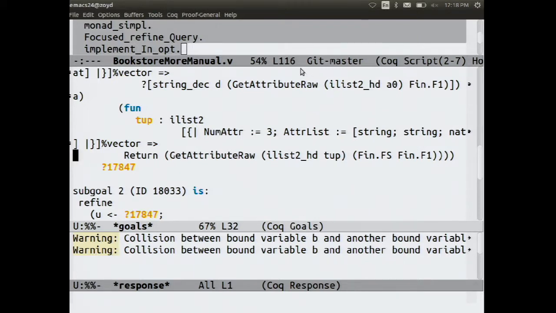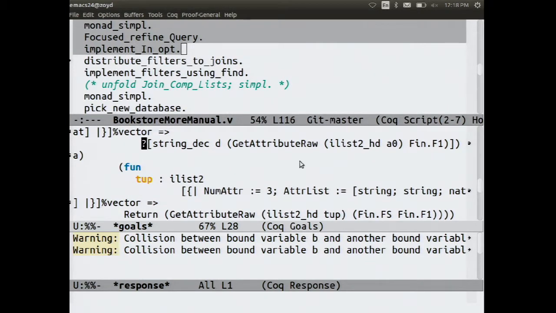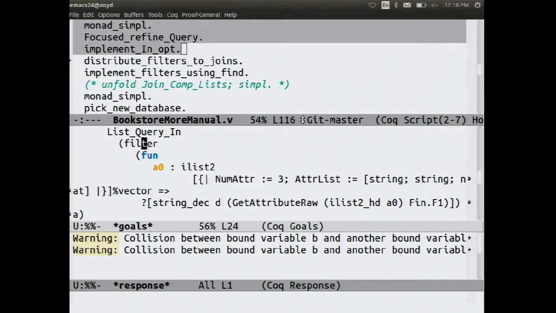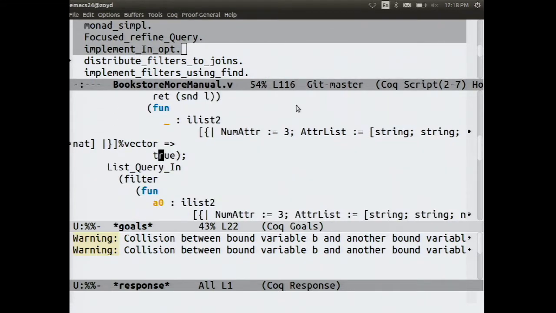So one thing we can realize here that's kind of inefficient is we're first computing the full cross product and then filtering. But this is what's called a very selective query. It's only going to return a few rows probably. So we could save a lot of time by never materializing the full cross product. In other words, take the filter and push it inside the join process that creates the cross product. And by the way, in this case, it's a kind of degenerate cross product that just considers one table. So it's equivalent to just listing the rows of the table. So we have a tactic that distributes filters so they're inside of joins.